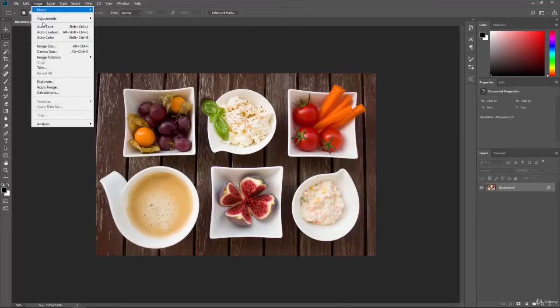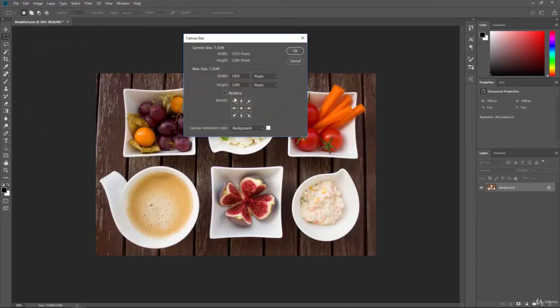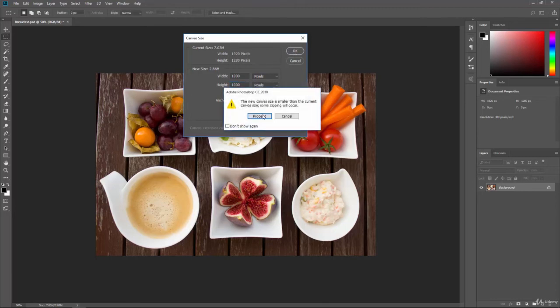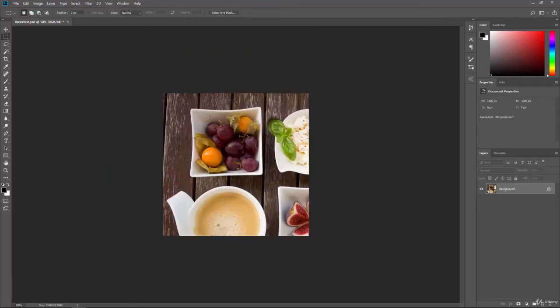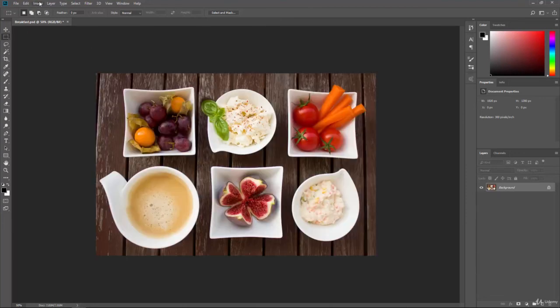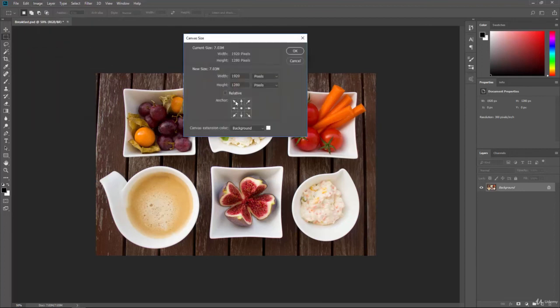We can also do something such as the top left. This will work the same way, only this time it's going to clip to more of the top left section. So we'll hit proceed. And now you can see there's more of this picture here because it's clipping the top left, whereas before we were getting a little more of that espresso image at the bottom here. And that works around the whole board for the anchor points.